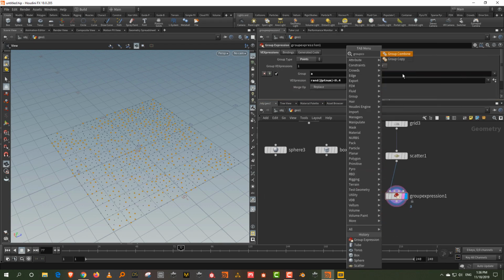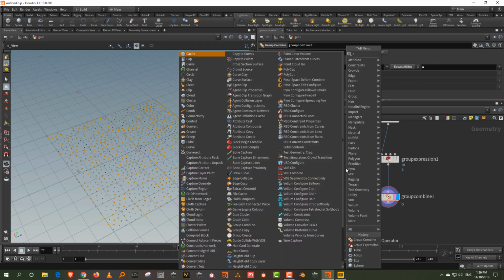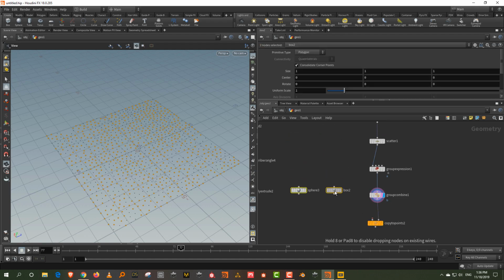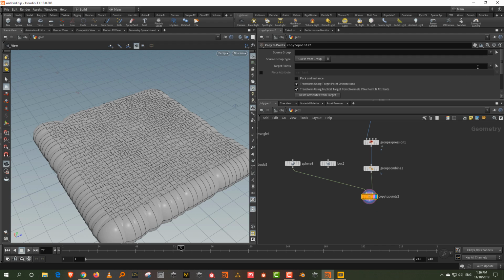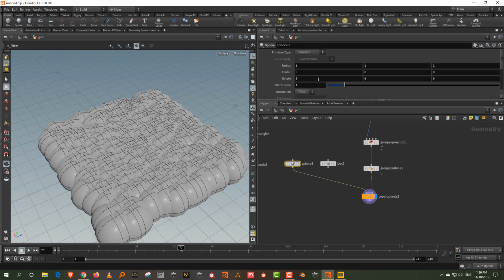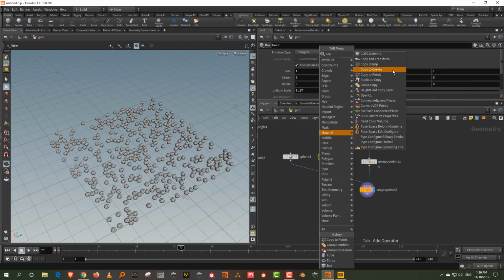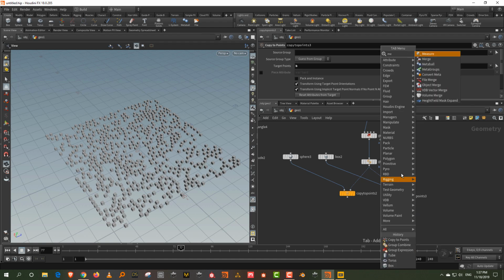Then I want to select the reverse of it. So let's take a group combine, and I can say B is not equal to A, and that's it. So I can take a copy to points, and we'll take both of these, and let's say this is the sphere, and this goes to A. So the target points is A. Let's make it really tiny so we can see them. Same thing here. Then I'll pick another copy to points, and this will be separate. In the second input this will be B, and that takes the box. And then if we merge them together,